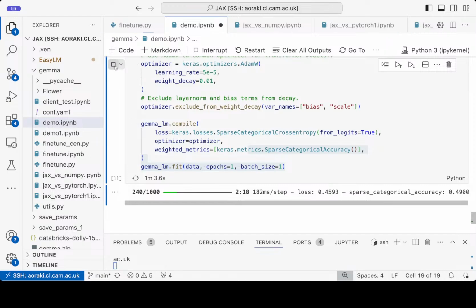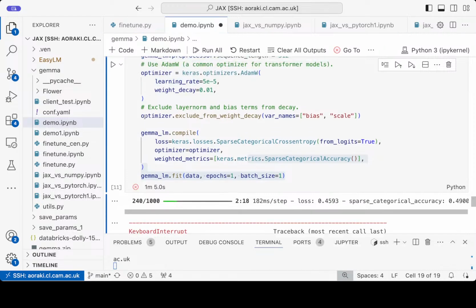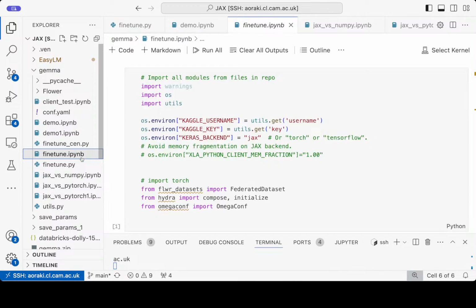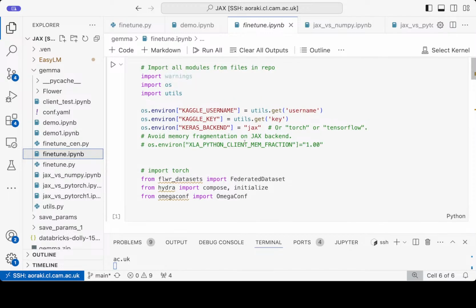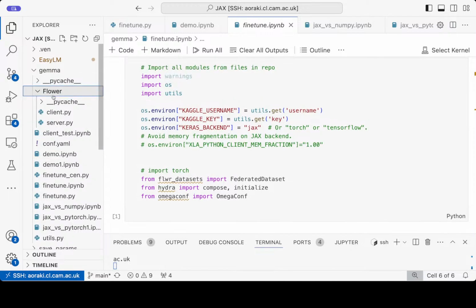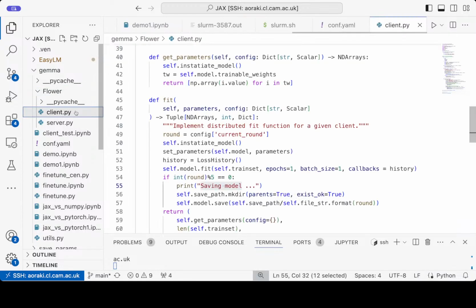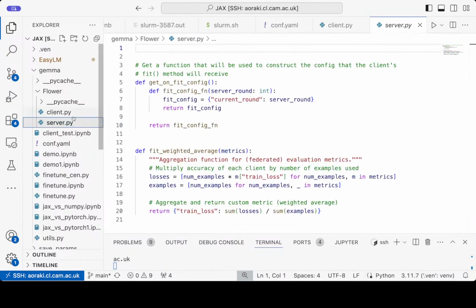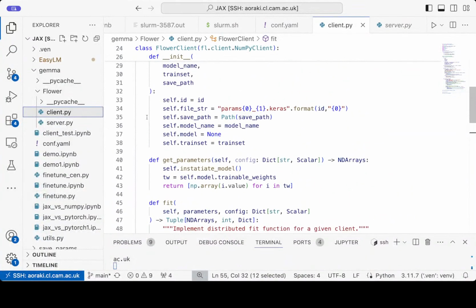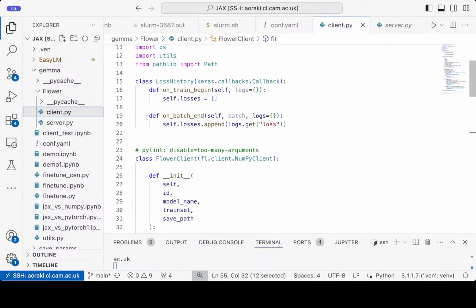So I'm going to stop this now. You see that here it's training, and we'll go into the Flower fine-tune example. And I'll show you how simple it is to actually use Flower. Flower has a few specific requirements. They are the creation of a client and the creation of a server. As we know, federated learning is the idea of having an aggregation of clients talking with one server. You need to program that client and the server. There are a few standard functions that you need to follow, and those are shown on Flower's website, on their GitHub.